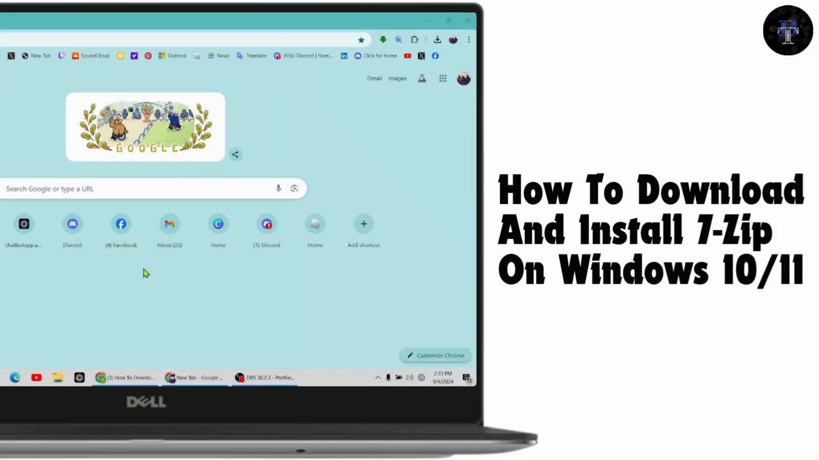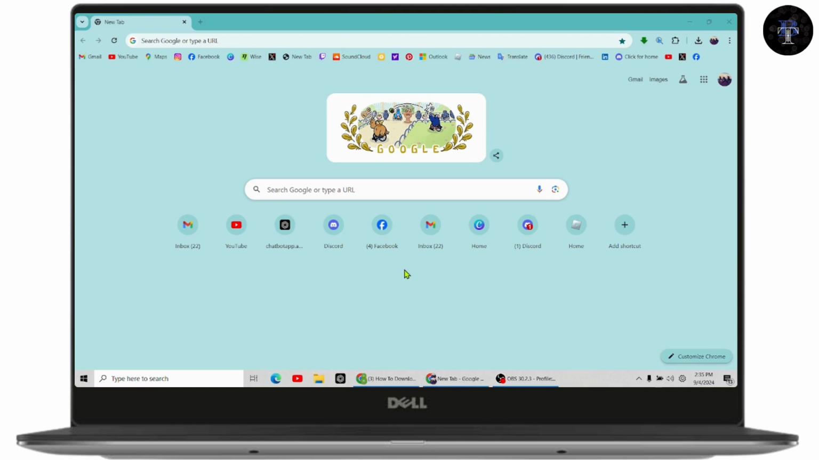How to download and install 7-Zip on Windows 10 or 11. So if you want to download and install 7-Zip on your Windows 10 or 11, then you just need to simply go with the search and search for 7-zip.org